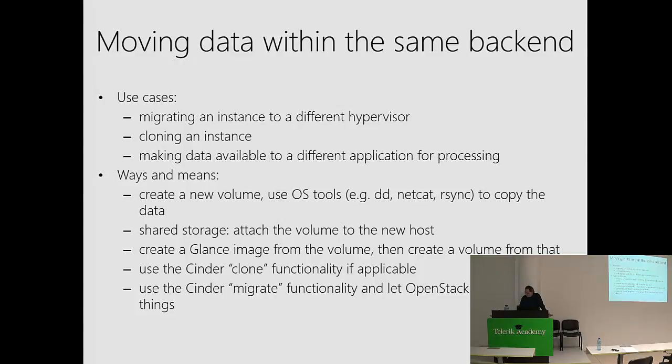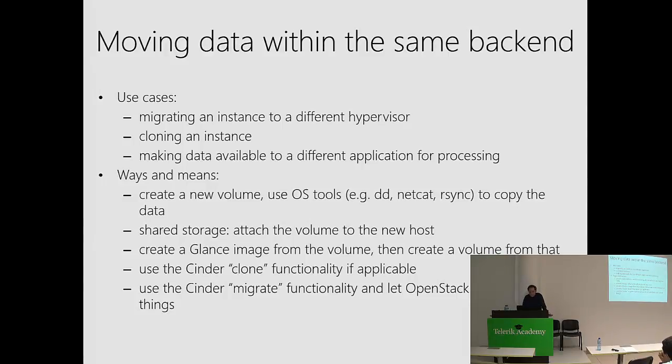Now, if at least one of the backends you wish to move data between is a shared storage backend, then there is another option. You can just attach a volume to the new host, and this almost completes the